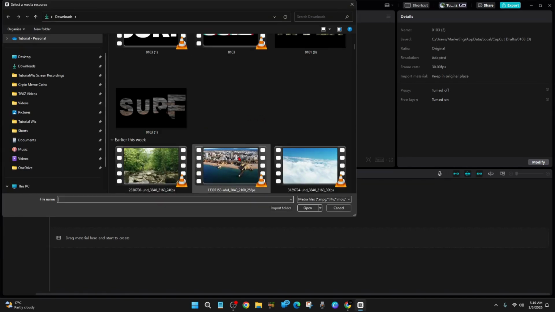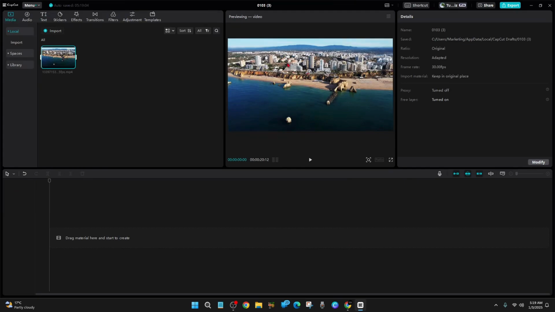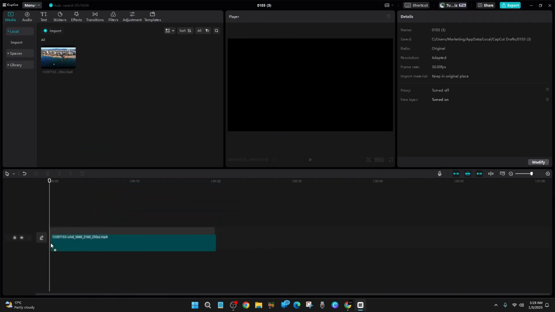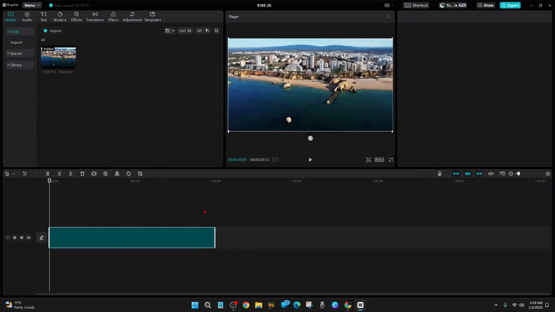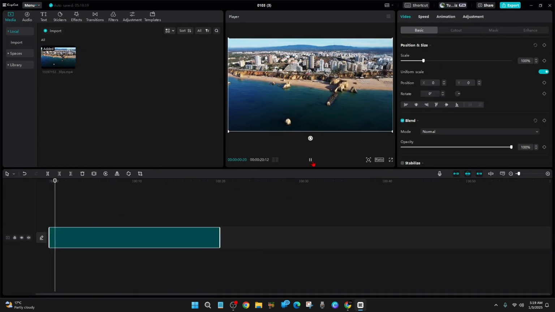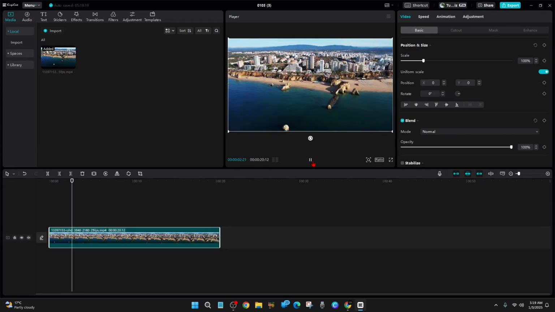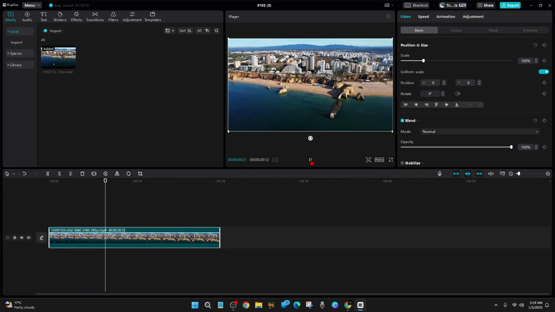So this one, for example. So as you can see, the ratio, you won't be able to put that in TikTok or Instagram. Well, you can, but it won't look nice. So I'm going to import this, drag it to my timeline, and I'm just going to zoom in a bit here. So if I press play, in order to resize this video to make it fit all social media platforms,